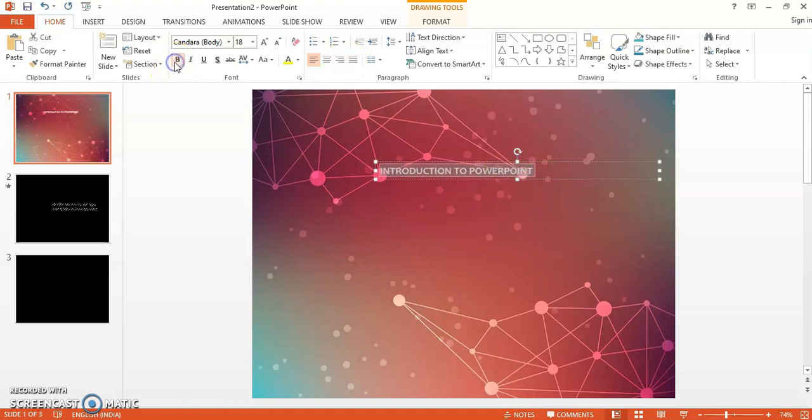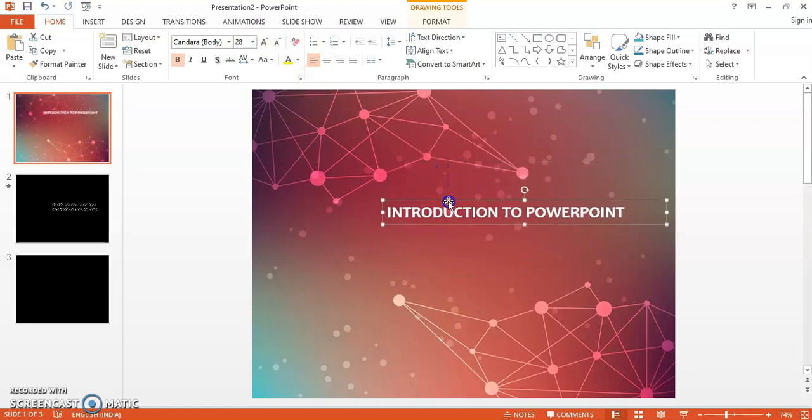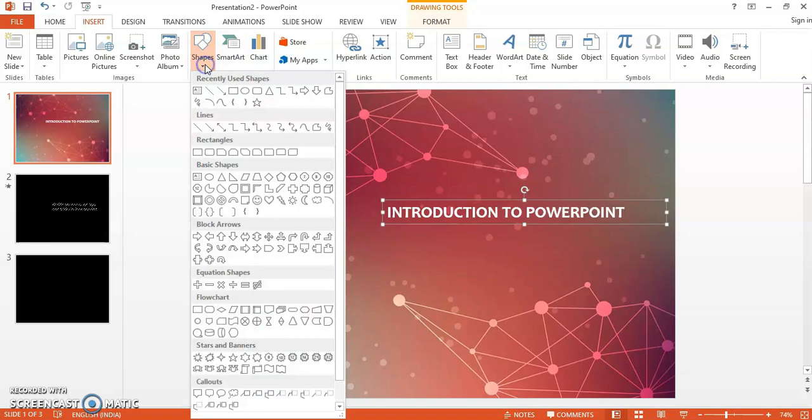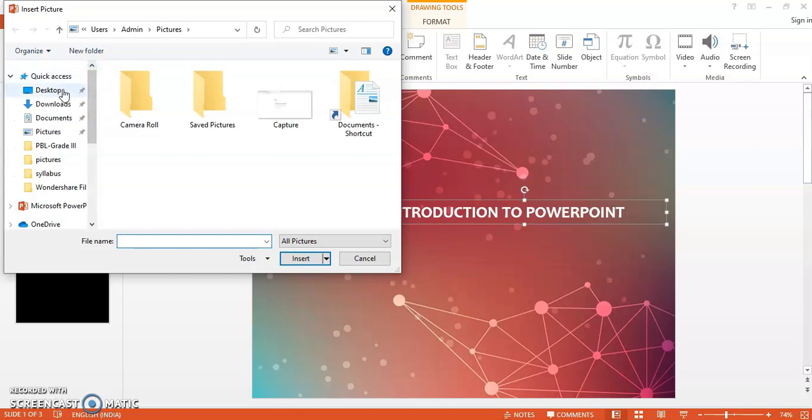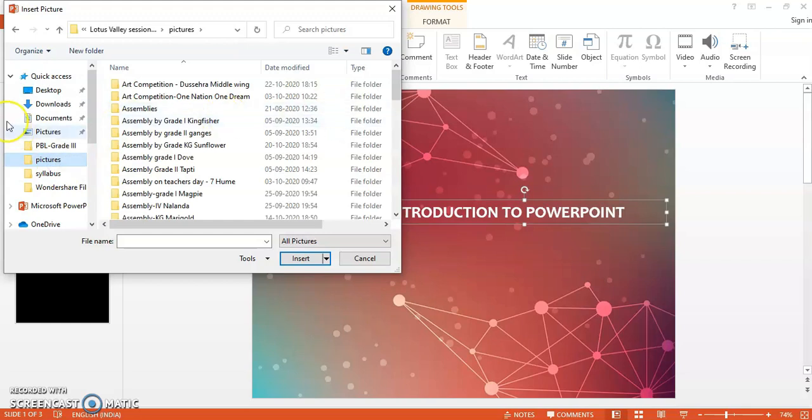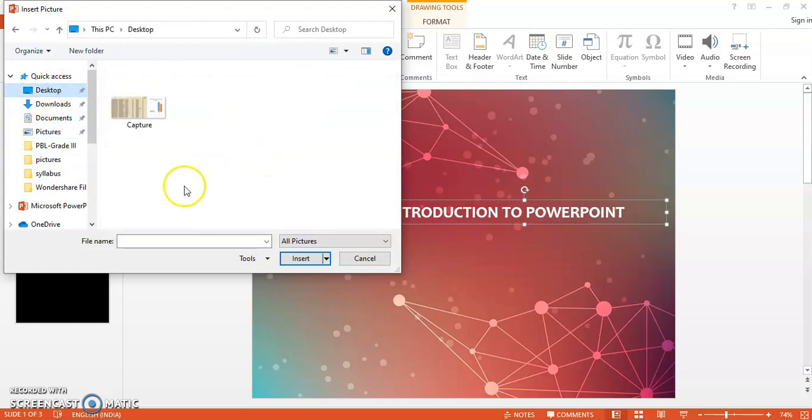Select this, make it bold, increase the size. So all the features are same. If you have worked in Microsoft Word, then you probably might be knowing how to increase the font size and all those things, because all these features are similar. The interface is quite common, because all these are part of MS Office package only. And then if you want to insert any shape or any picture for that matter, then you can search on desktop, or I have maybe pictures. You can insert any picture.